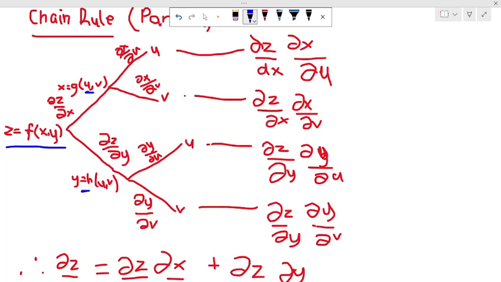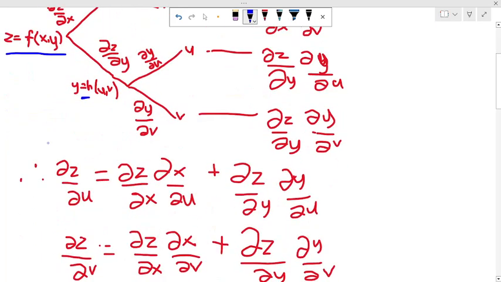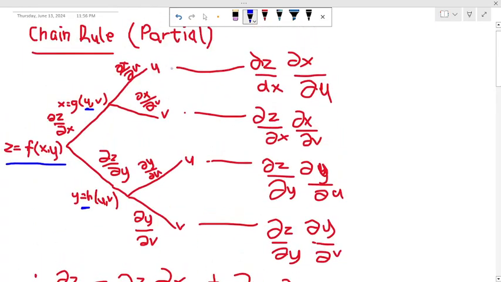And now our y is dependent on u and v, and our x is also dependent on u and v. So now the question is, we are to find the partial derivative either with respect to u or with respect to v. So now this tree diagram makes it very easy for us to find the partial derivative. So first of all,